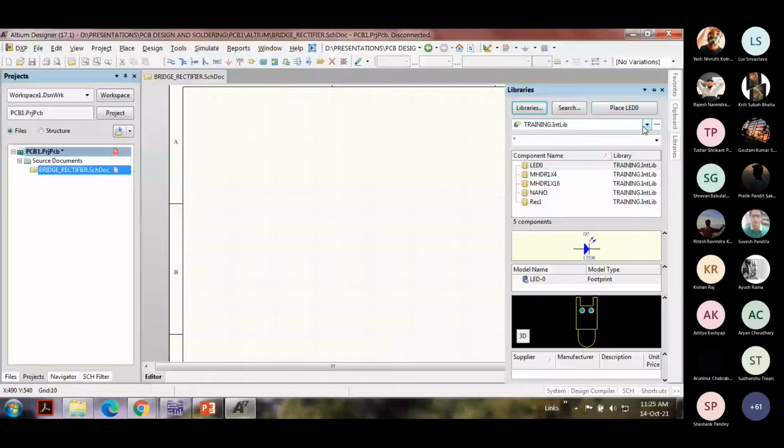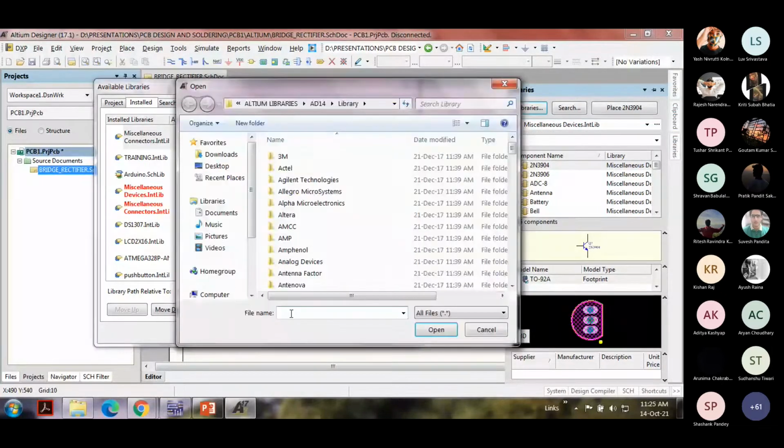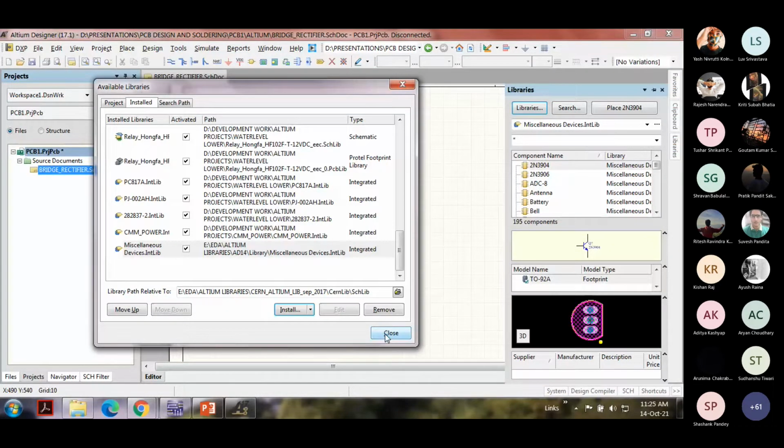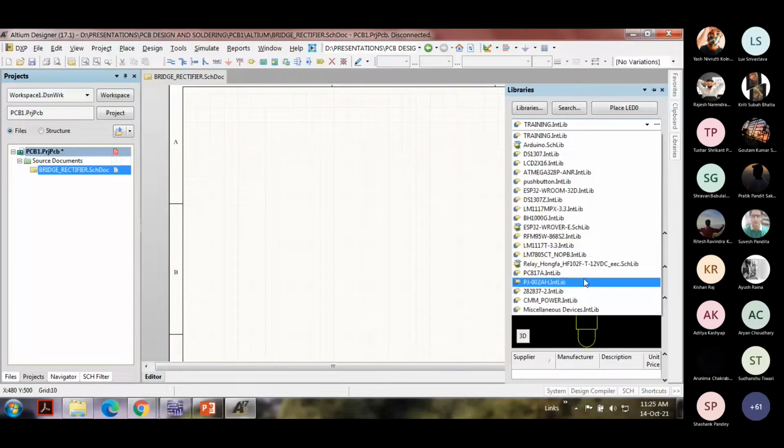By default, these libraries are present: miscellaneous devices and miscellaneous connectors. Maybe it has not been installed, so I'll install it again. You don't have to do this because it will already be enabled in your software.